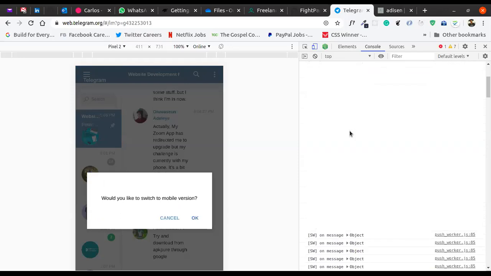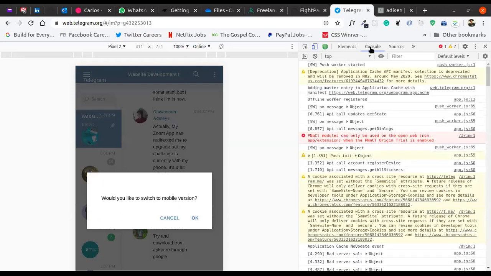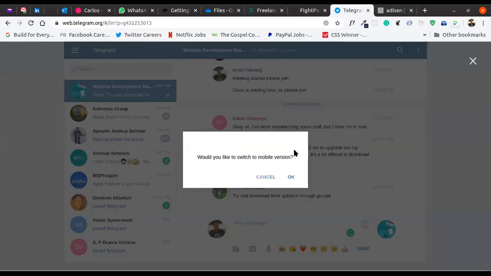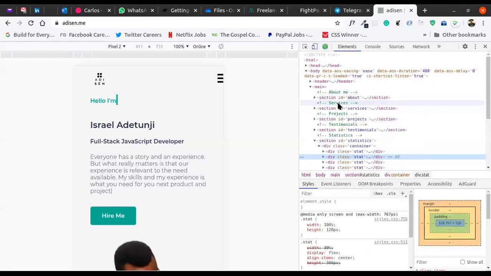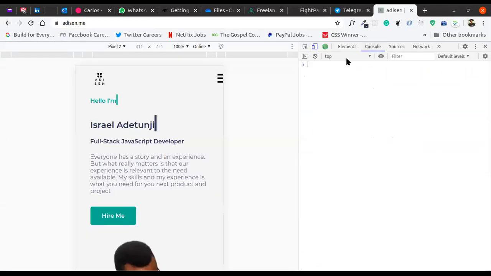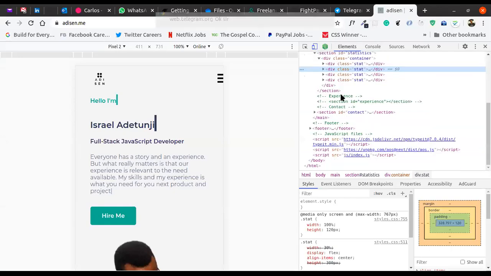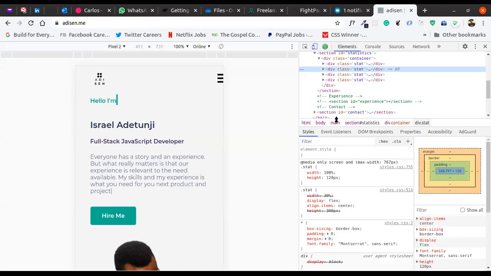This console is where your JavaScript loads. Cool. I'll just close this. This console is where your JavaScript loads. This Elements tab is where you see the HTML that you wrote. Everything that you wrote inside your HTML, you see it here. And then if you come down, you can have an idea of